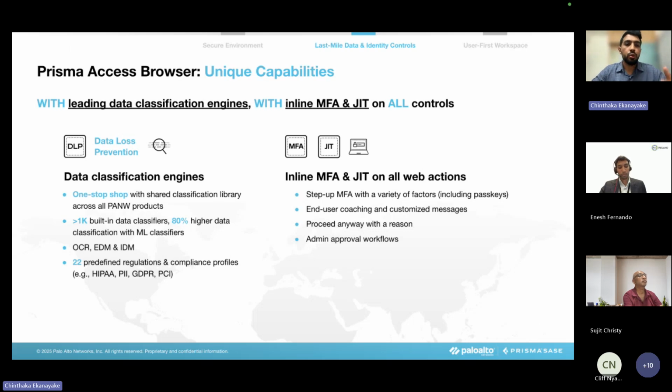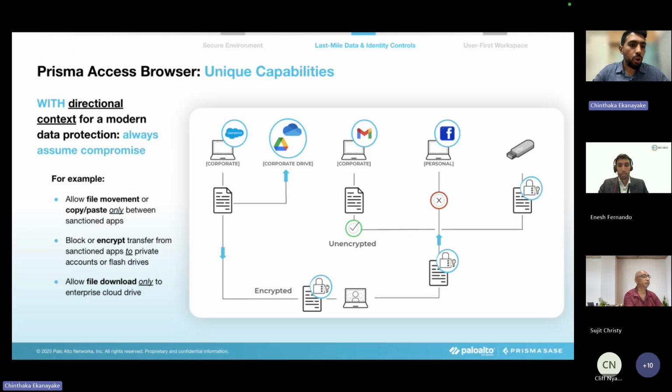can make sure that admin approval workflows are there, where if a user wants to do an activity which is not sanctioned, then you send a request to the admin and get permission, and you can do that action once you get permissions. And then on top of that, we can do controls around file movements as well. I'll talk a little bit more on the demo session around the control that we have around file. We can make sure that you cannot write directly to USBs and all of that.